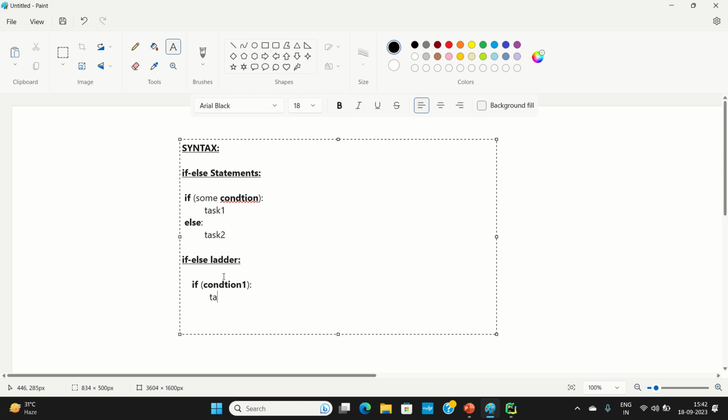Then for condition 1, task 1. Okay, else if, sorry, not else if, it's elif, condition 2, task 2,